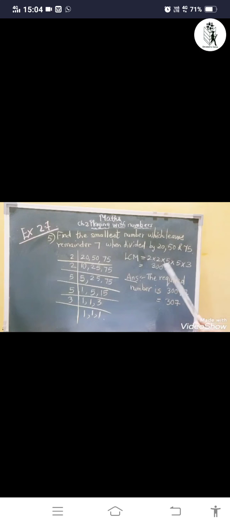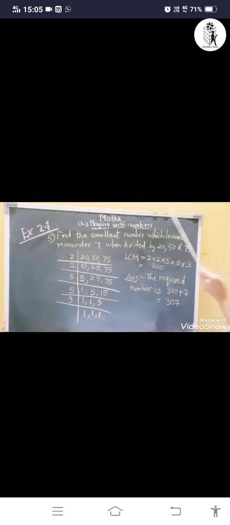So what we had done is, in the first stage only we had subtracted that particular remainder. I remember one question was a remainder of 6 in each case. So we had subtracted that 6 initially. We did not take the HCF of the original number. First we subtracted and then we took the HCF. In LCM what we have to do is, first we have to take the LCM and to the LCM we have to add that remainder. This is the biggest difference that we do in LCM.